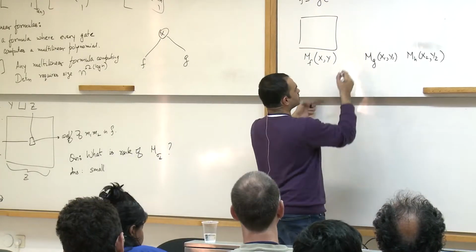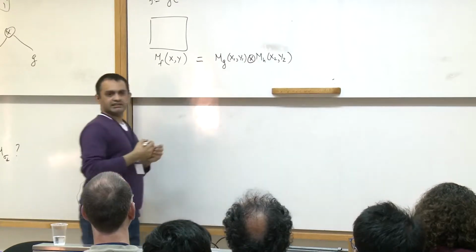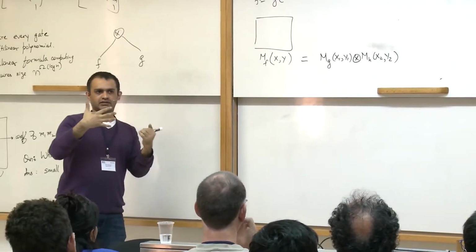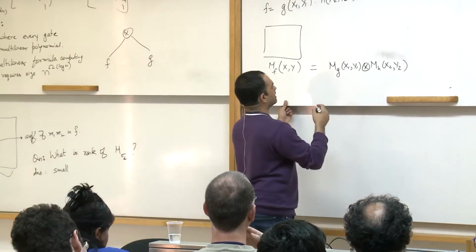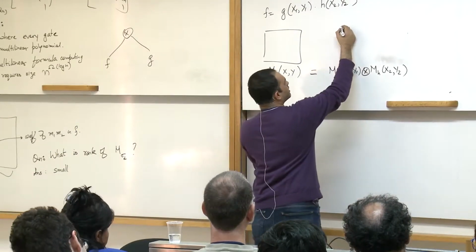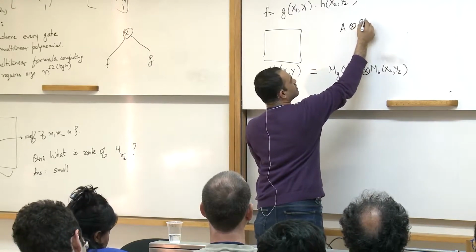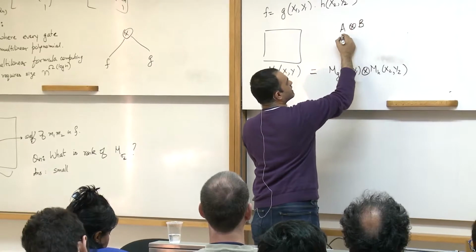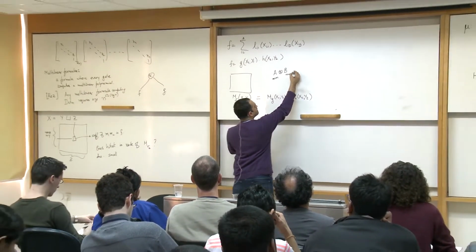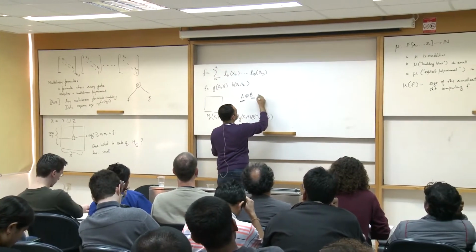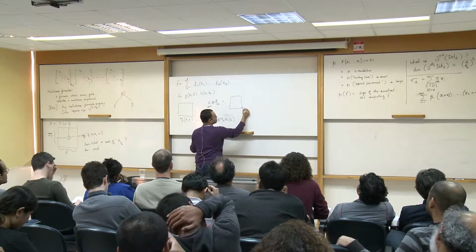And it's an easy observation that this is actually the tensor product of, okay, what do I mean by the tensor product? If I have two matrices A and B, let's say A is an M cross M matrix and B is an N cross N matrix, the resulting matrix is an Mn cross Mn matrix,